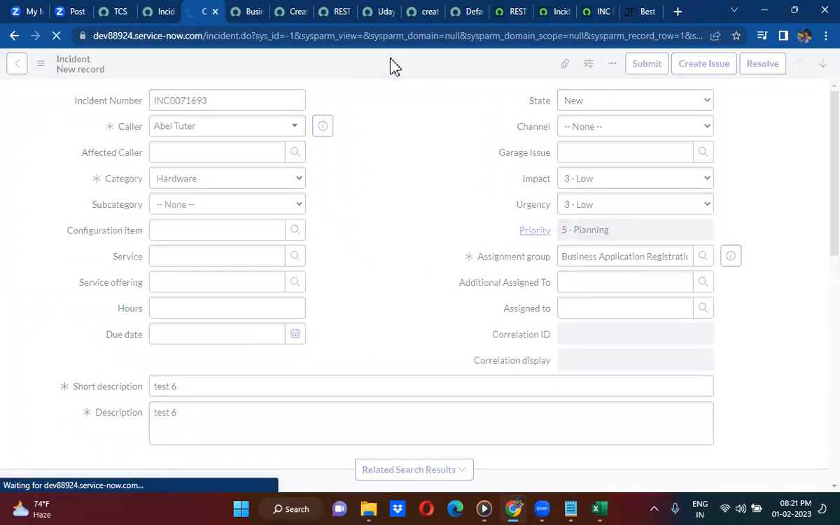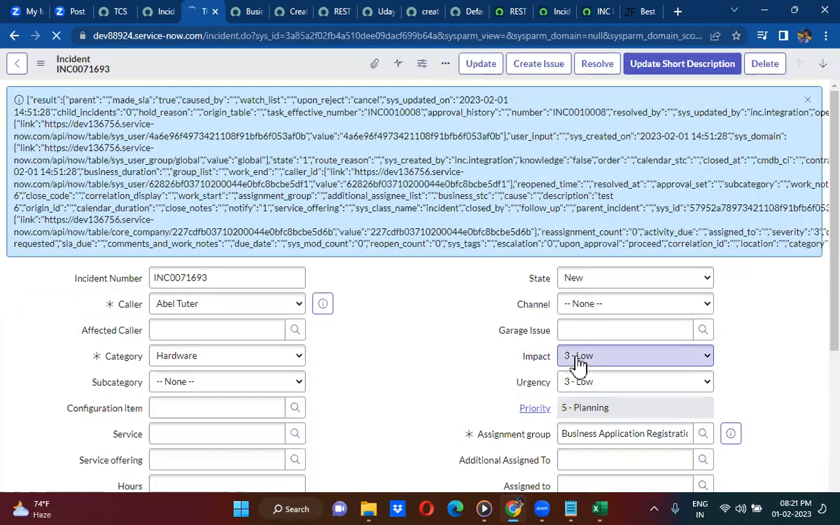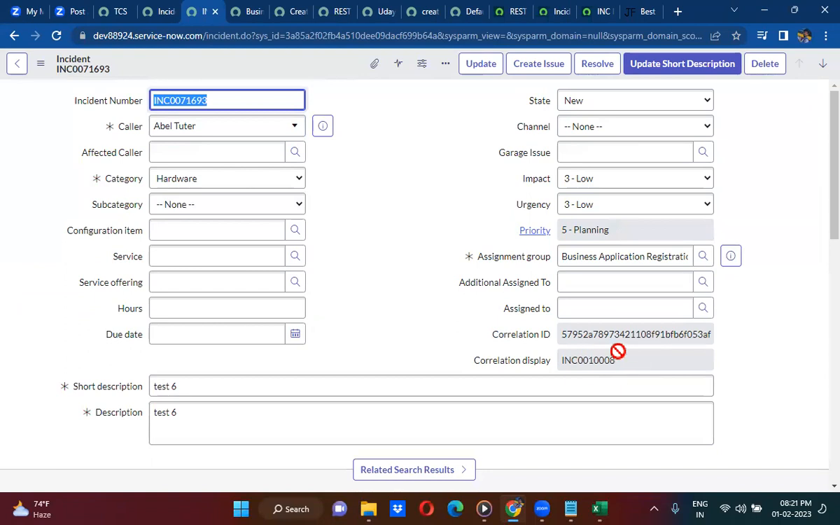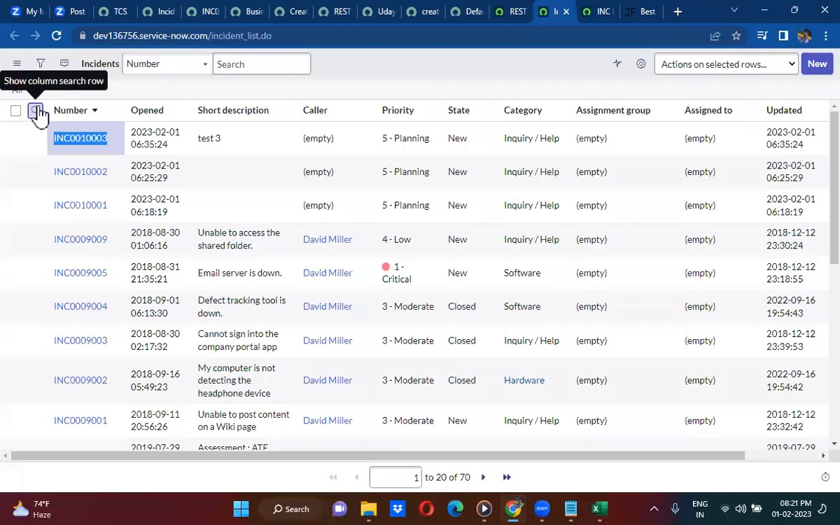So once I create the record here, it should create a record on the external system. Those details after creating the record in the Excel system should be populated here. So this is the incident number that is created in the Excel system. If you take this incident number and try to open this particular incident number here,